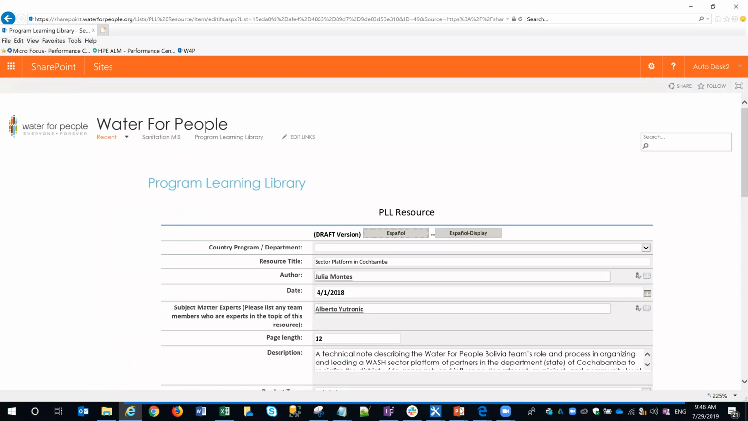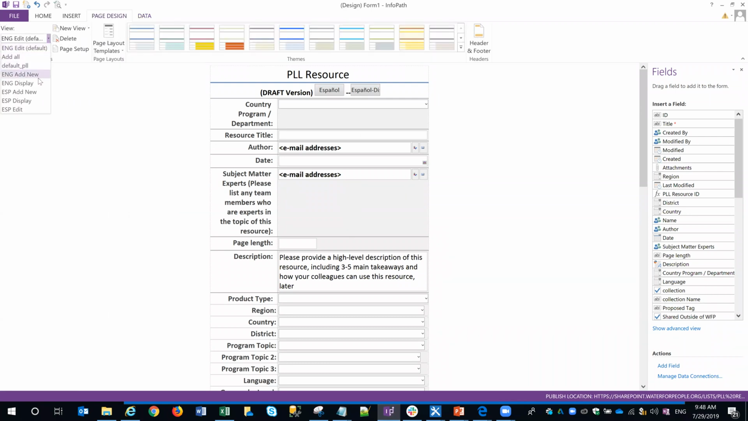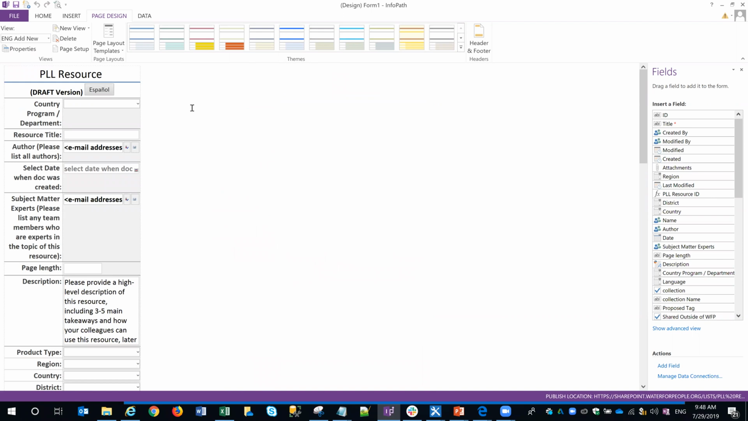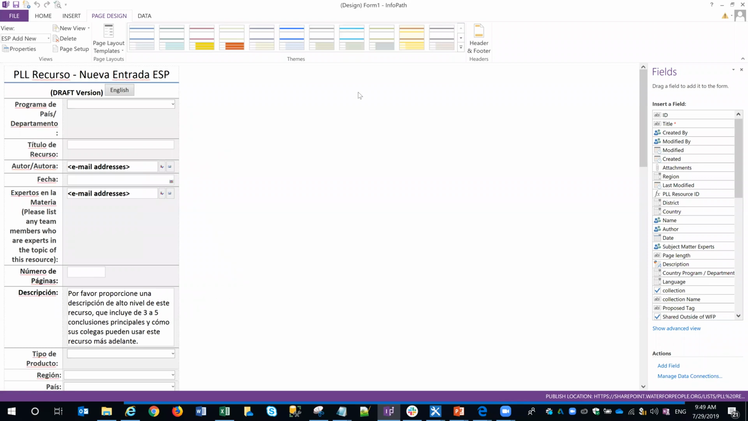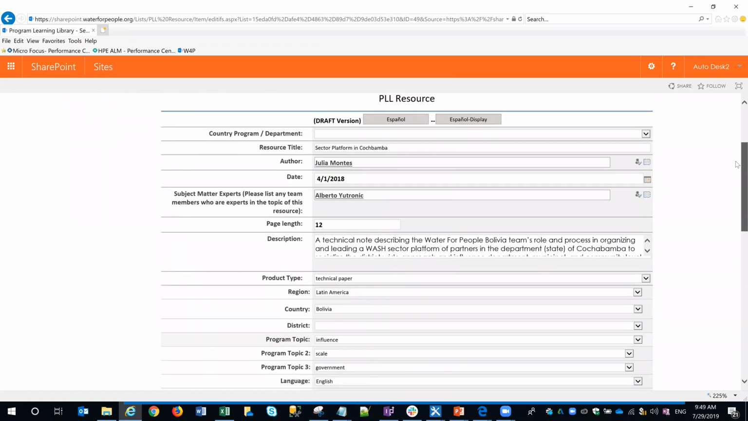Okay, I'll show you in a form. So we have add English, add new. And pardon the scaling, it does it in a very interesting way. So you can add a new resource with English labels, or you can do it in Spanish with Spanish labels. And you also have two views for edit and two views for display. That's what you see here. Right now we're looking at the English version, so labels are in English. You can switch to Spanish labels in edit mode, or you can switch to Espanol,